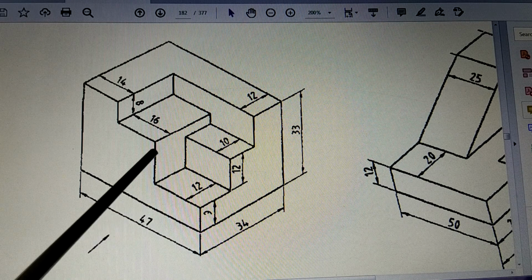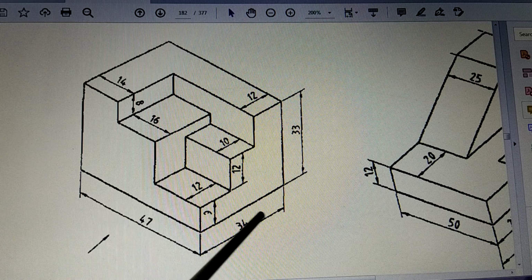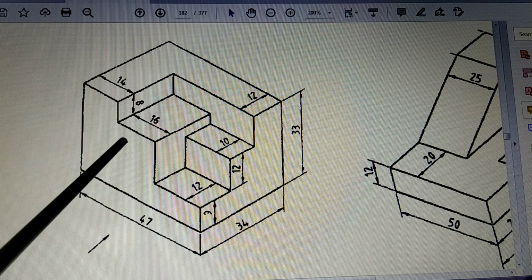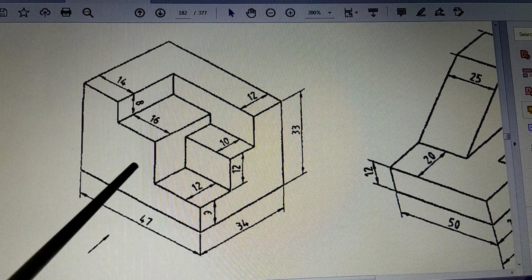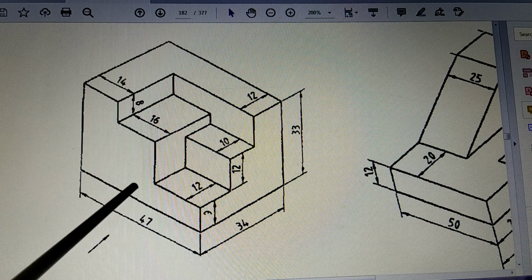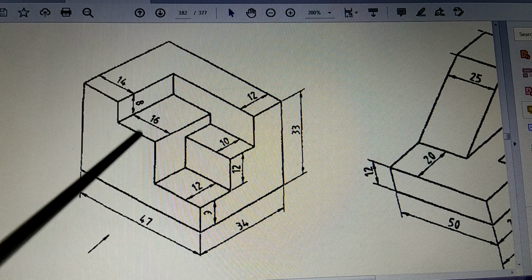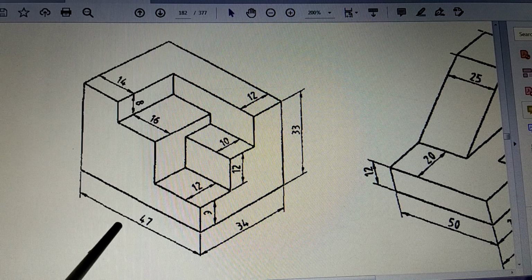But sometimes I saw that when the students draw, they are drawing the figures wherever there is a space. So that is not the way. We have to draw the top view always below the front view. Okay, if there is no space, then accordingly you start the work in such a way that you will have ample space to draw the top view, ample space to draw the side view, and so on. So then only you start the work at that place. But if, because there is no space, you try to draw a top view somewhere else, that is not acceptable.